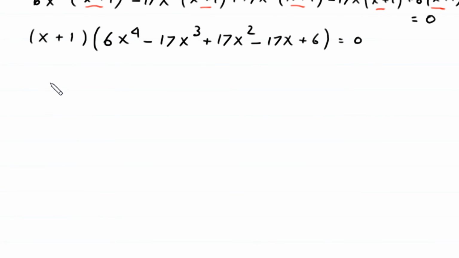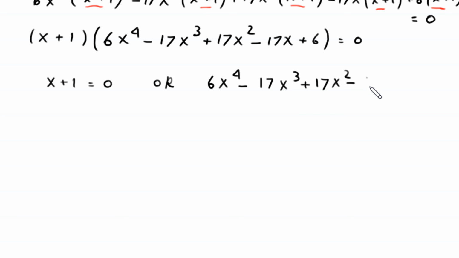Now from here, either this expression x plus 1 equal to 0, or this expression 6x to the power 4 minus 17x cubed plus 17x squared minus 17x plus 6 equal to 0. From this equation we get the value of x equal to negative 1. This is the first solution of this equation, and this remaining quartic equation is a reciprocal equation. If we divide the whole equation by